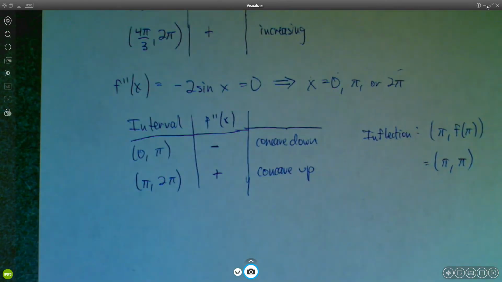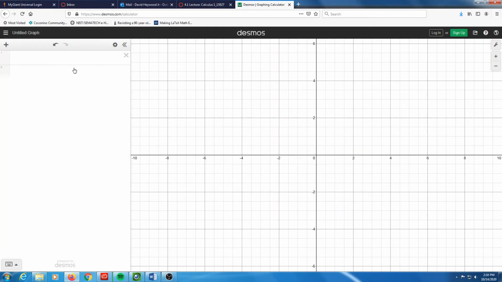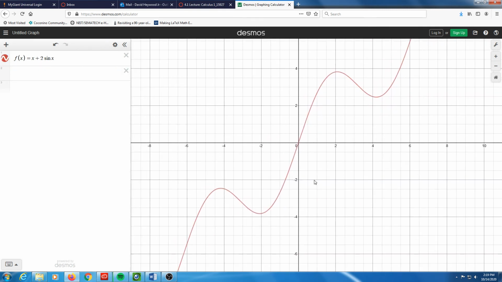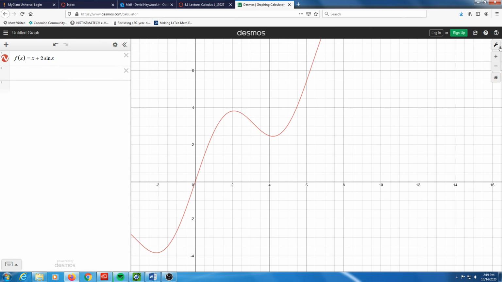Let's take a look at this function. I can't resist. Okay, so let's say f of x equals x plus 2 sine x. Whoa, look at that thing. Okay, very cool. Alright, so we claimed we were really only interested between 0 and 2 pi, so in fact